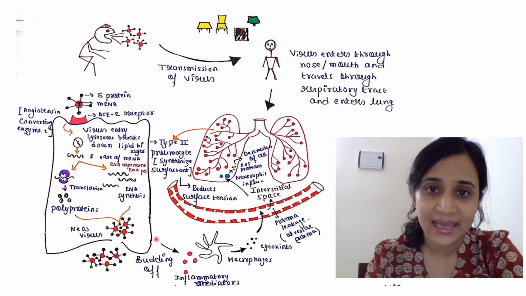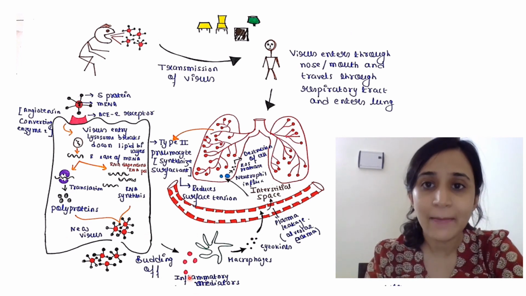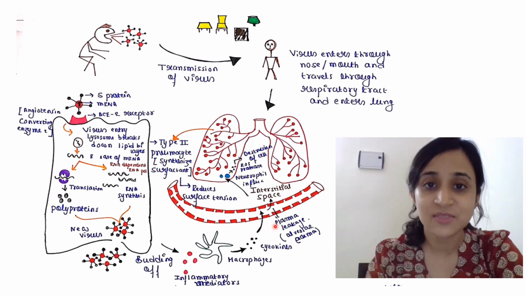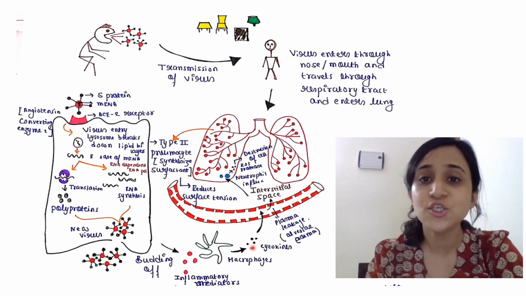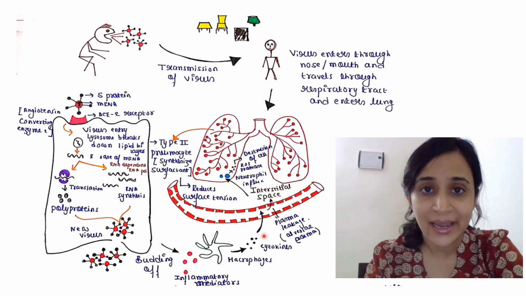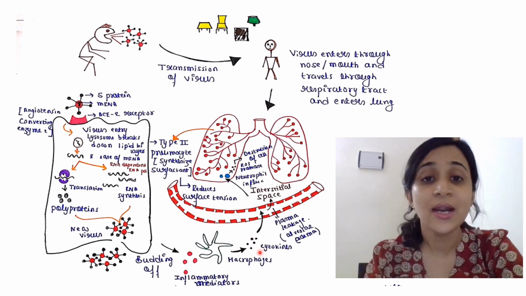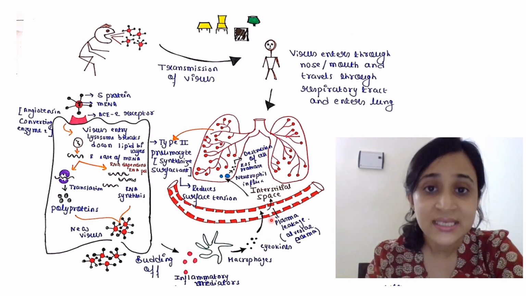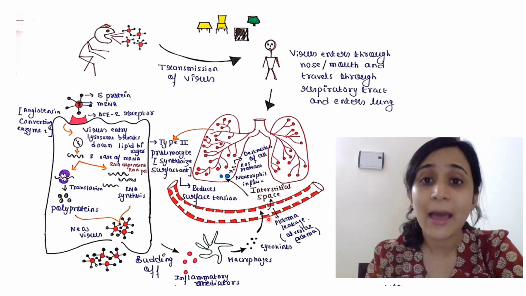When these cells die, they release specific inflammatory mediators. Now, these inflammatory mediators will stimulate macrophages. These macrophages will now release some specific cytokines like interleukin-1, interleukin-6, tumor necrosis factor or TNF-alpha, etc. These cytokines will induce fever. Now, these cytokines will not only induce fever, but they will enter the bloodstream and cause dilation and increased capillary